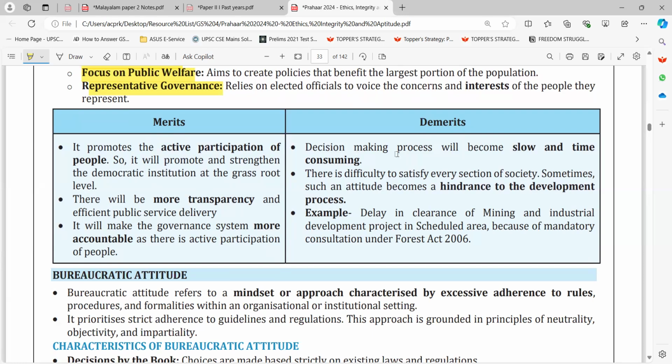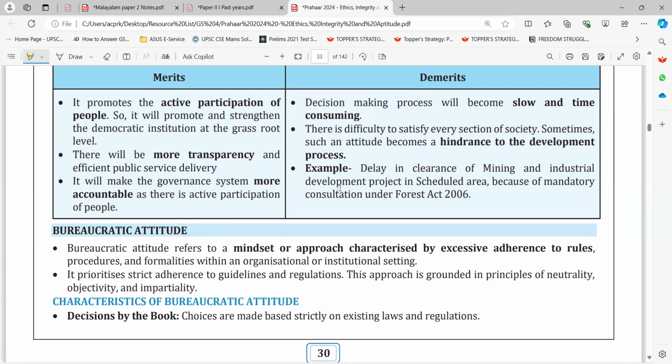Demerits. The decision making process will become slow and time consuming. There is difficulty to satisfy every section of society. Sometimes such an attitude becomes a hindrance to the development process. Example, delay in clearance of mining and industrial development projects in scheduled areas because of mandatory consultation under the Forest Act